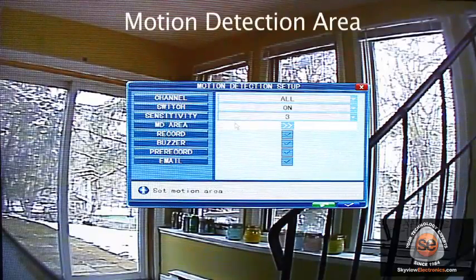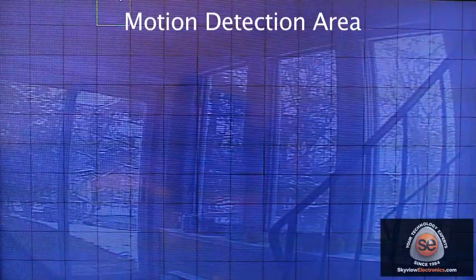And then you can choose motion detection area. Now this is a pretty neat function. Say there's a certain area in your video where you're getting a lot of traffic and you don't necessarily want your camera to be going off. For example, say this is an area like a road at the end of my driveway where I'm getting a lot of vehicles driving by. I don't want my camera to trigger off because it's a little far away. I can